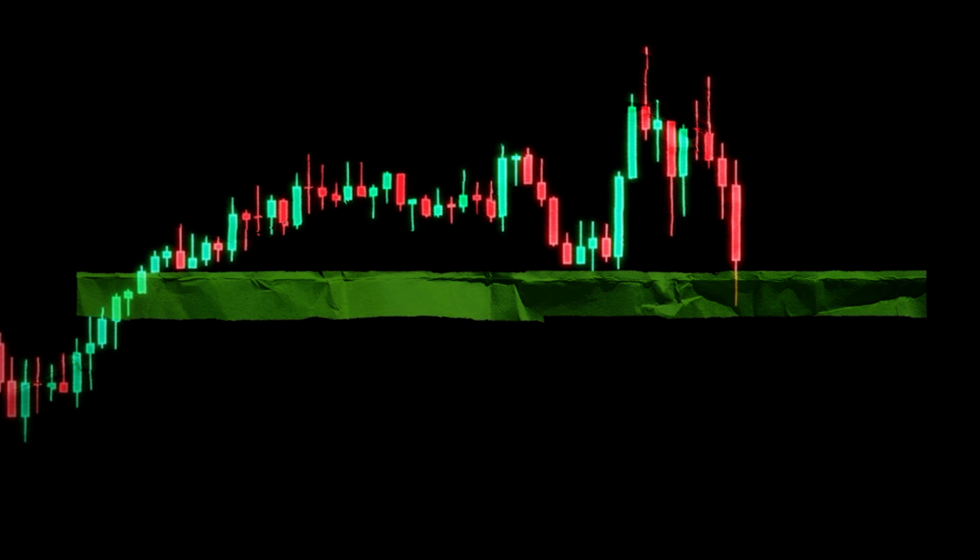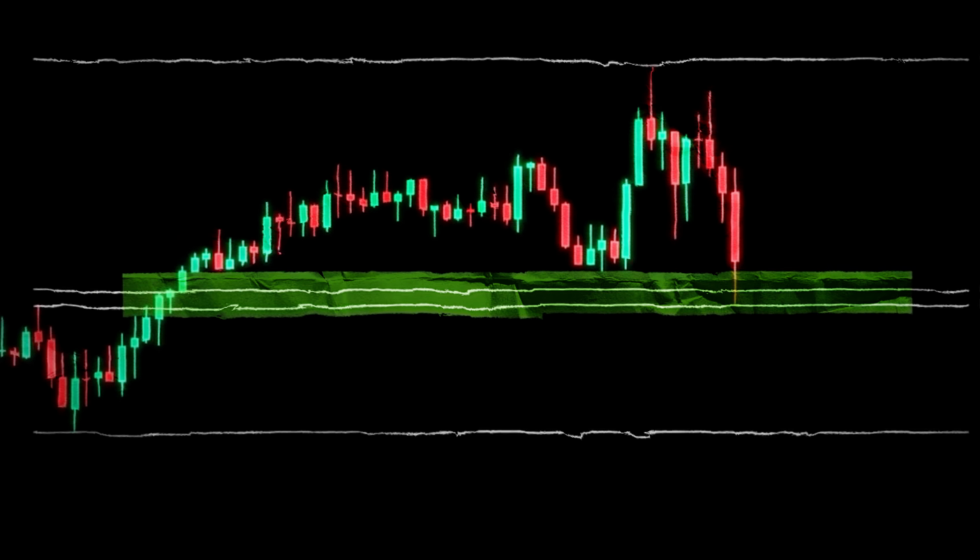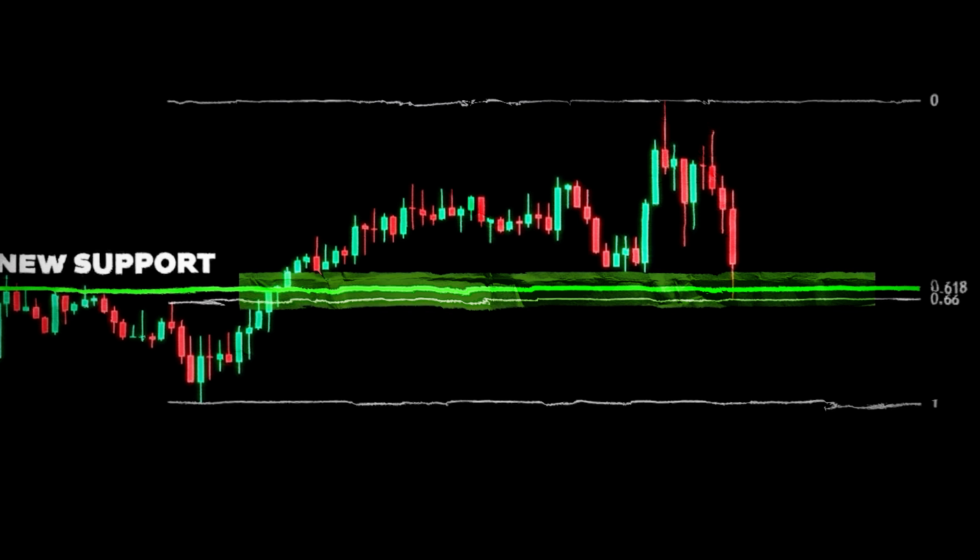When this happens, we want to zoom in again to an even lower time frame. We're going to move to the 15-minute. Here, we are at the exact same point, but now in a lower time frame. We can use our fib tool once again in order to find new support levels. Here we can see it lines up with our area of swing highs, which is now turned into our new